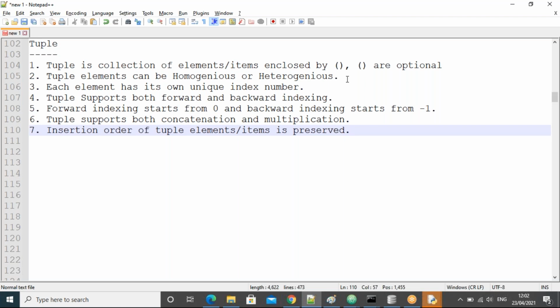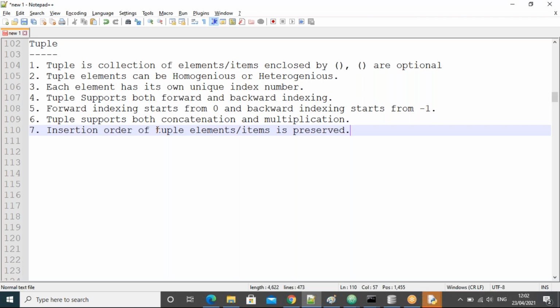It means while creating the tuple, whatever order we give the elements, the same order will be there.